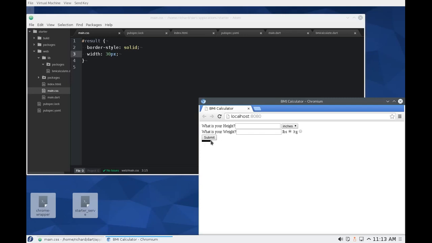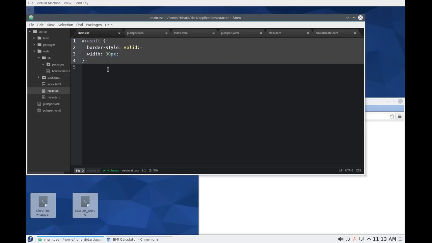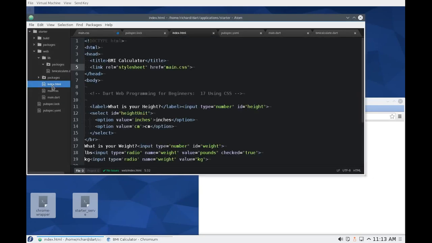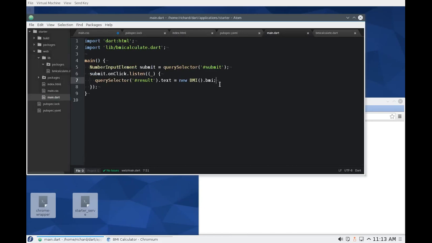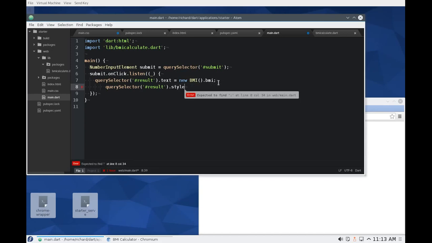Maybe I don't want it to look like that in the very beginning. Again, me personally, I'm fine with that, all right? But you might say, that looks a little on the uglier side itself. So what you could do is back here, you could say, text new BMI.BMI. We could say also query selector dot style dot border equals solid,